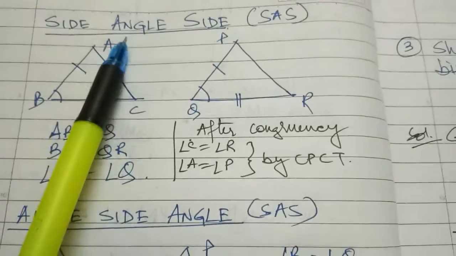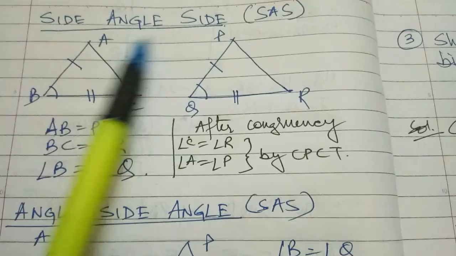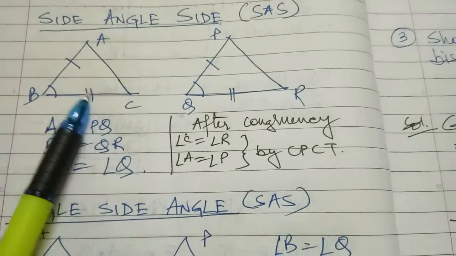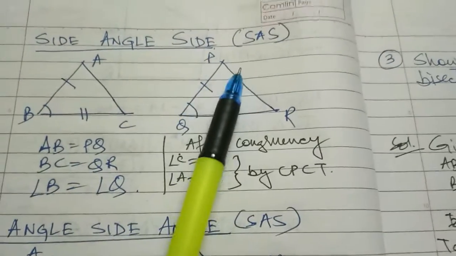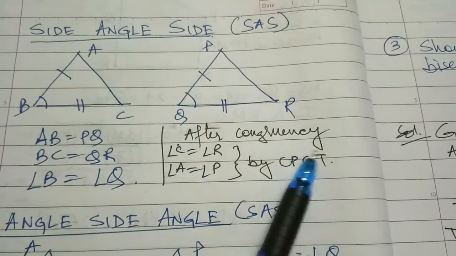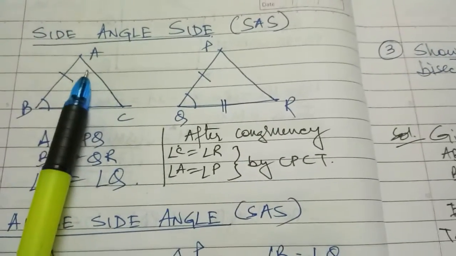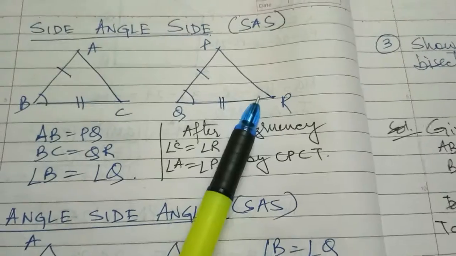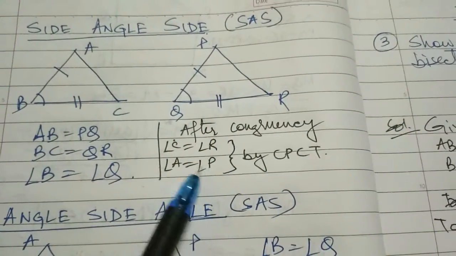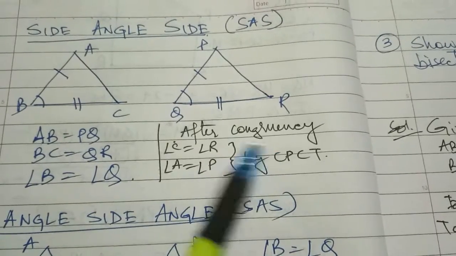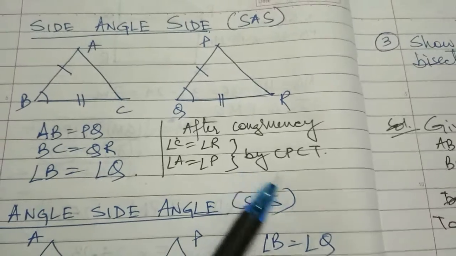Then from here, see, side angle side means what? Side, angle and side. In between the two sides the angle will be there. Here also, between both the sides one angle is there, that is written as the side angle side rule. Now after congruency we can write down that all the angles are equal also. But in this question, if it is asked whether AC is equal to PR, you will say that yes, it is equal by CPCT. Only after making the triangles congruent can we write down that it is going by CPCT.